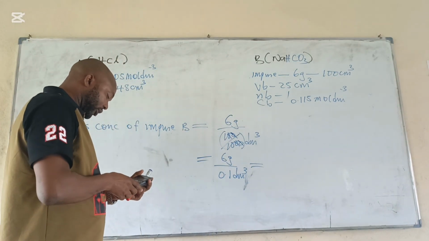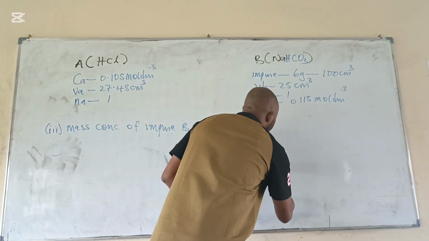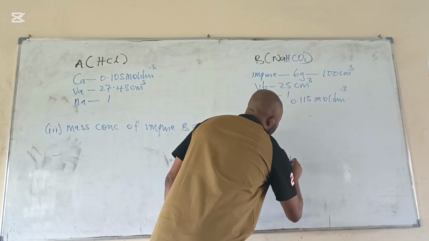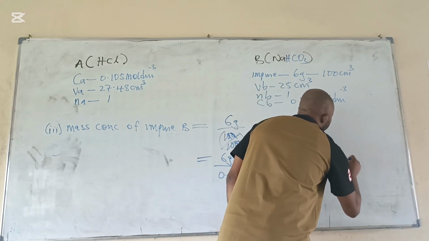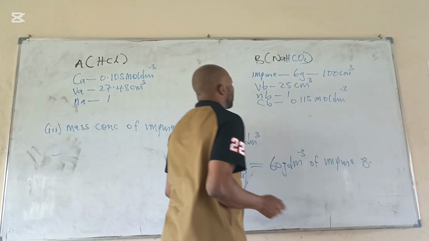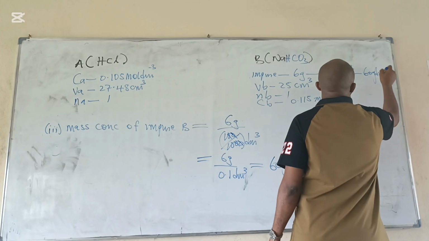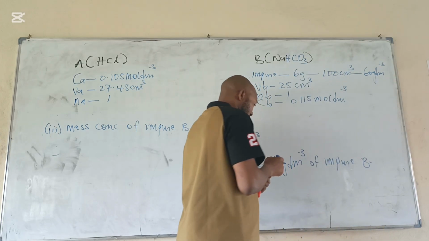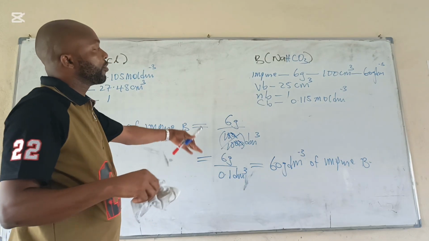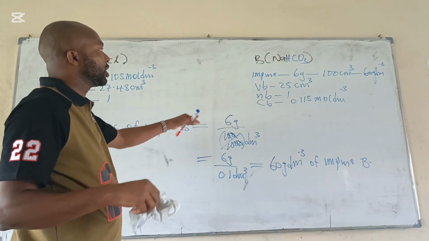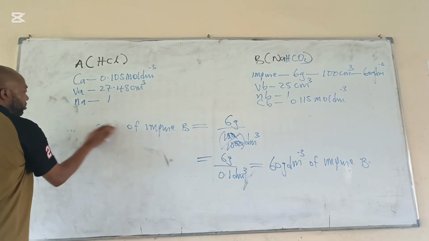So 6 divided by 0.1 is 60, very high, 60 g per dm cube of impure B. So now this is finally 60 g per dm cube. That was very, very high. So now let's move on and get that of mass concentration of the pure sample. This is the mass concentration of the impure sample. So the fourth question now becomes,